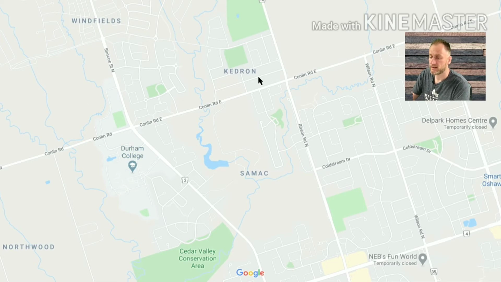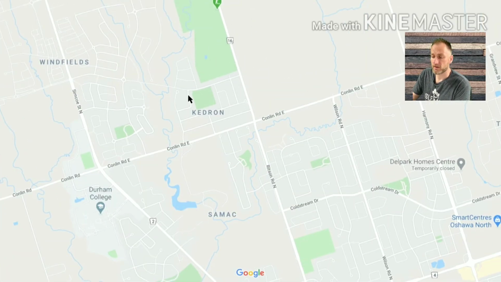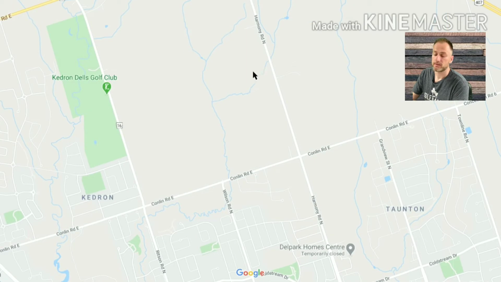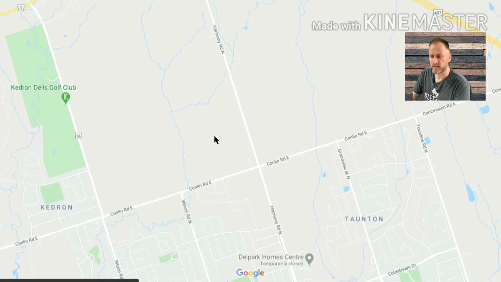This Kedron area here was built by Jeffrey Homes. They did a great job of building here. The neighborhood itself is absolutely gorgeous, and the layouts of the homes and the styles, they did a really good job there. This is still mostly open field, so you have the odd farm or a detached home, like a bungalow style home that is still there, and it's on a decent sized property,